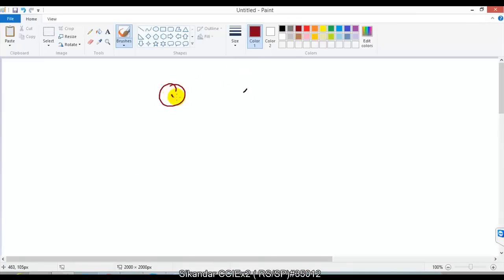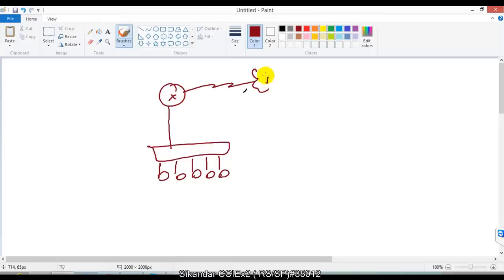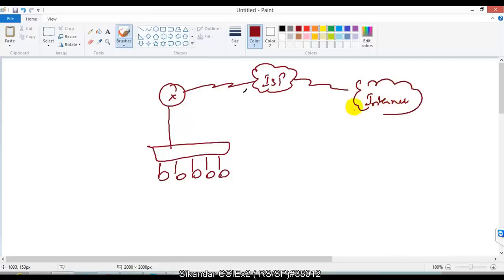I have a router which is connected to my LAN, and in the LAN I have multiple users, and this router is connecting to my service provider from where I'm able to access my internet services. Now this branch office is again connecting to some other branch offices, but that is a different thing. Assuming that this router is connecting to the ISP, we will go to this router